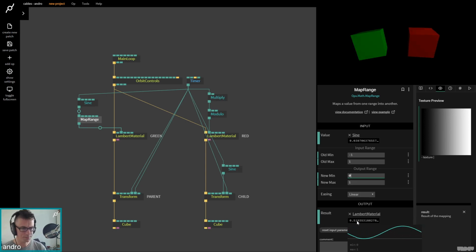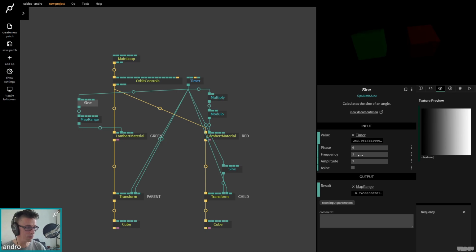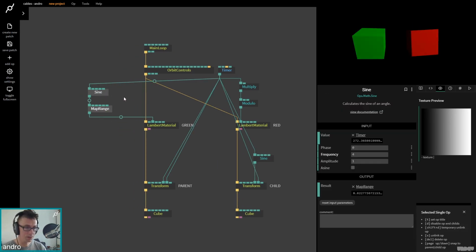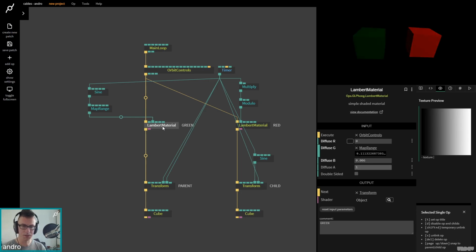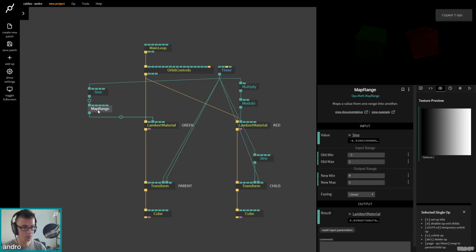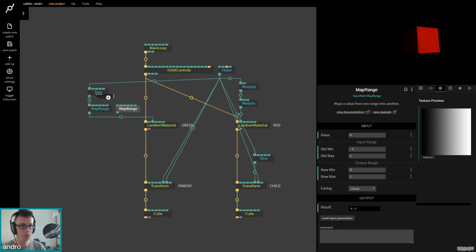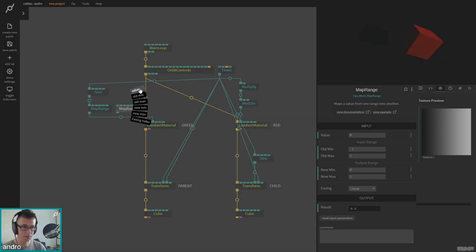So I could now go here to the sine. I want it to go faster, and I can put this on, say, 4. So we've got this pulsating thing going on, right? I could now, let's just click and drag this over here. I could say, you know, I want to change the red amount, but I don't want it to go from 0 to 1. I want it to go from 0.5 to 1, basically. So what I can do is, I can do Control-C, Control-V, and I paste op. I'm going to grab the output from sine. I'm going to let go in the middle, and I'm going to plug it into value. That's the value we want to